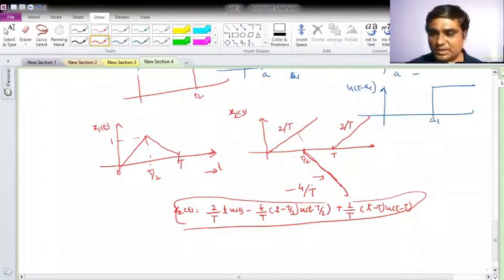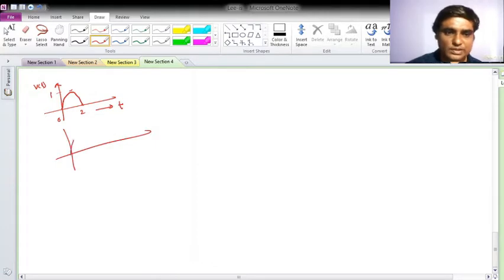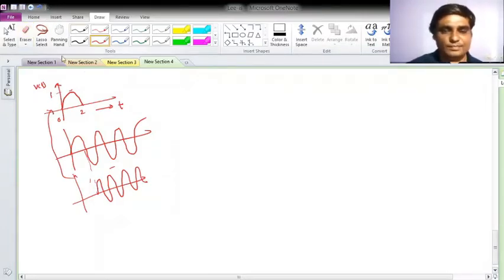Now suppose I would like to generate one function like this, only this part of this sinusoidal signal, say with magnitude 1, from 0 to some numerical value. How can we construct this function? I will take two sinusoidal functions. One is this way, and second I'll shift it with the same magnitude, and if I subtract both these sines, I'll get this. So this way I can also construct it.